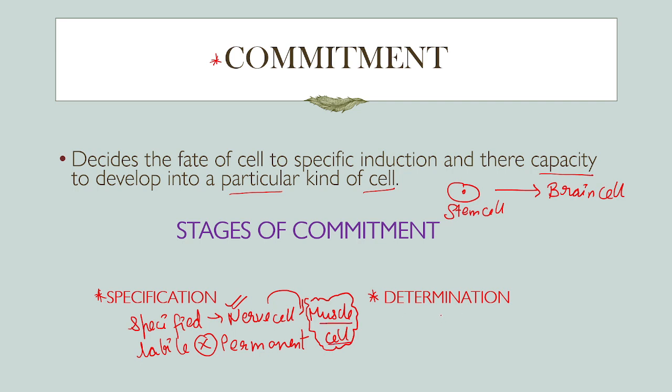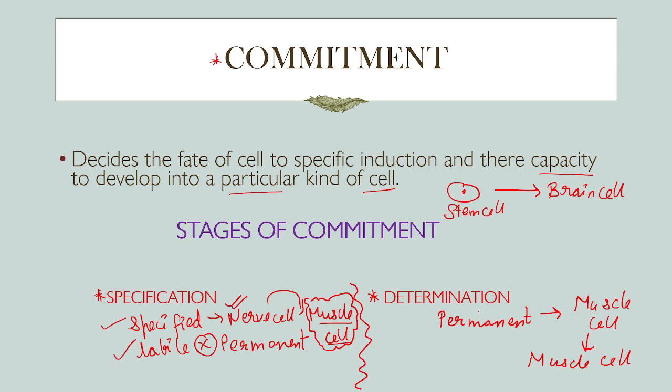Now what is determination? This one is a permanent stage where the cell is now determined, and if a cell was determined to become a muscle cell, then it has no going back and it will only become a muscle cell. So this was the basic difference between specification and determination. Specification is labile, not permanent, but in determination, the cell is determined to become a particular cell type. So when we take a zygote stage